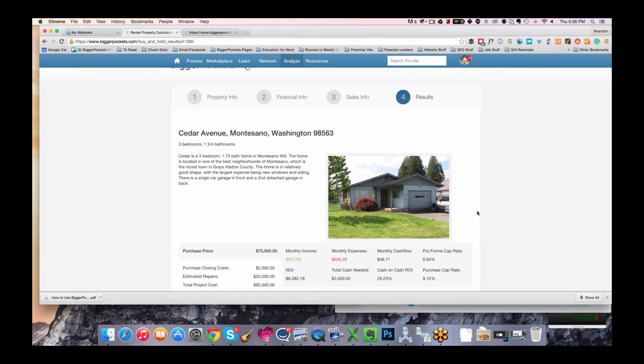I have a whole long story I could tell on a deal I bought once. I won't go into it because we're getting long anyway. But I once bought a duplex, turned it into a single family house, spent 2 years of my life on it, a year working on it, a year holding it, and I lost 10 grand. Had I run it through the calculator, I would have realized that it would have made a better rental property than a flip. And I would have been probably receiving about $1,000 a month in cash flow right now. Instead, I lost 2 years of my life and about 10 grand. So again, I'm a diehard believer in this. I think people should use it all the time. If you are a pro member, you should probably be using it. So let's move on.